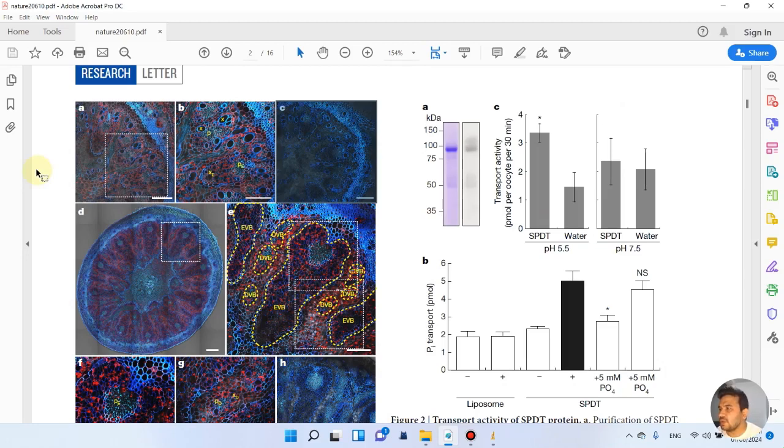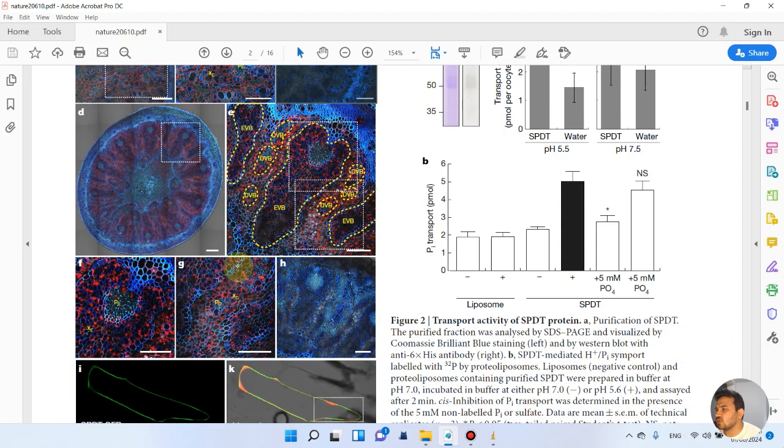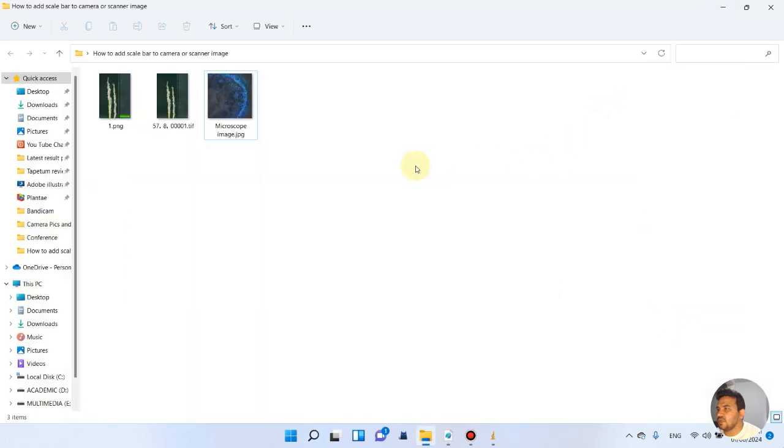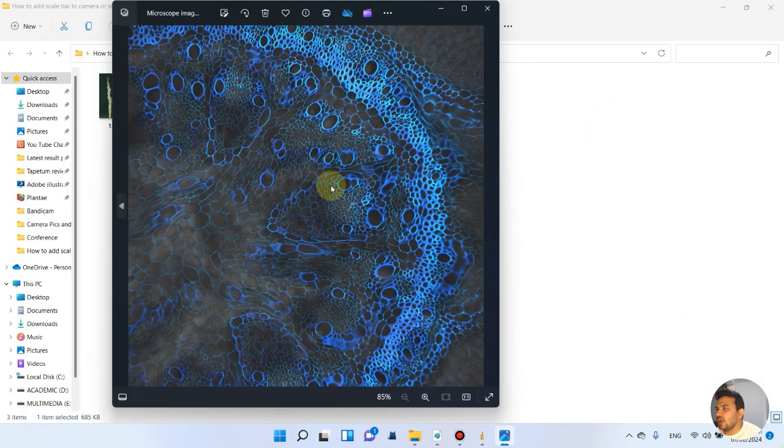In this video I will show you how we can add scale bar to our microscopic images. So in this example you can see the authors have added scale bar to their microscopic images. So in this example I will show you how you can add scale bar to this microscopic image using this